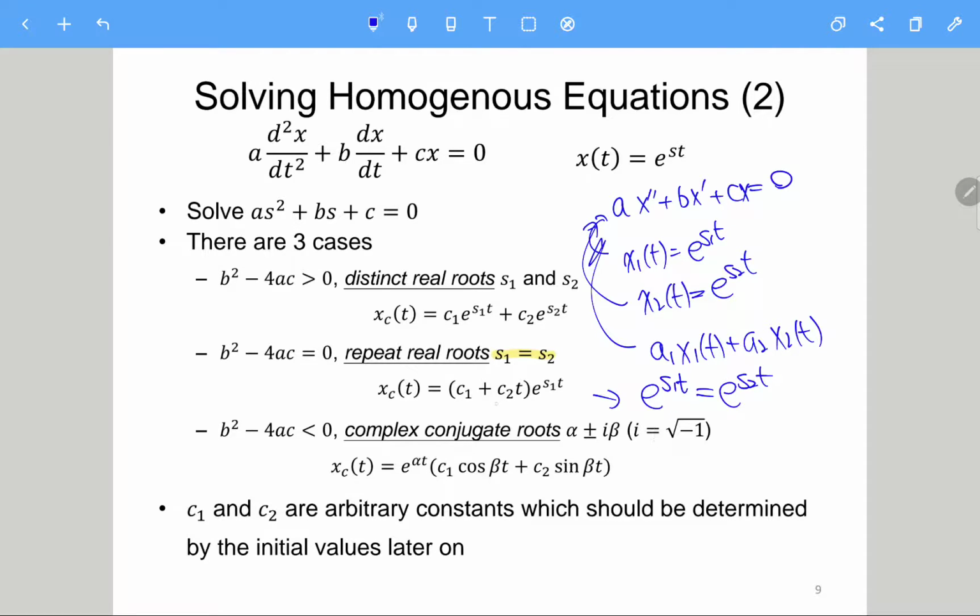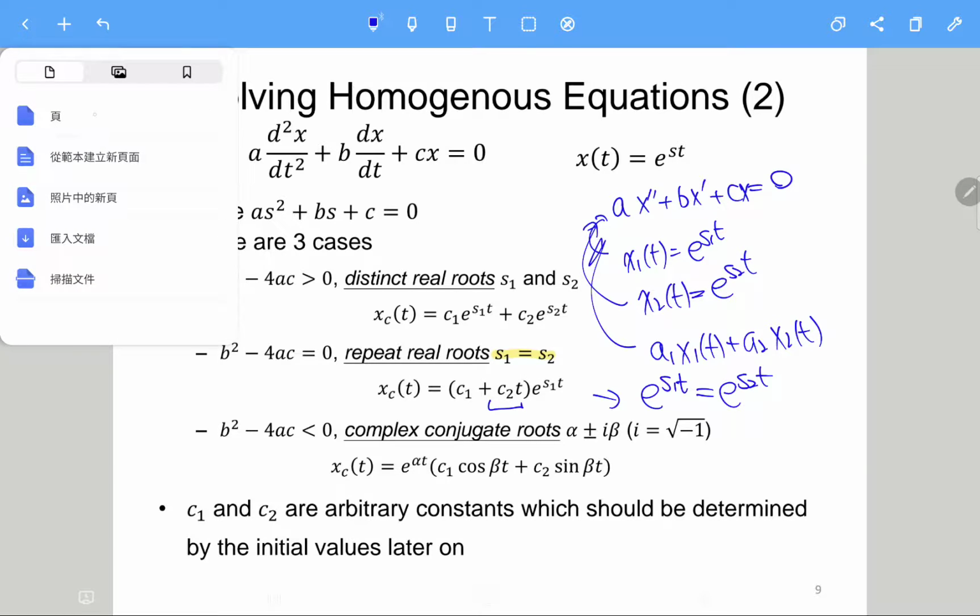Now we actually need to have this term. We need to multiply by t here, so that there are actually two functions. So you can just remember it: as long as you have repeated real roots, you not only multiply this answer by a constant, you still need to add the first order term here. Or you can just imagine